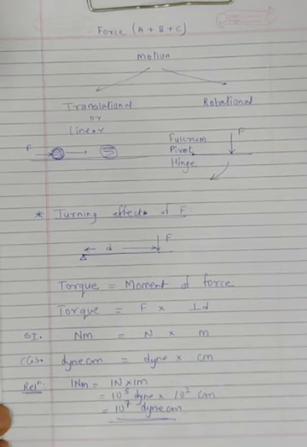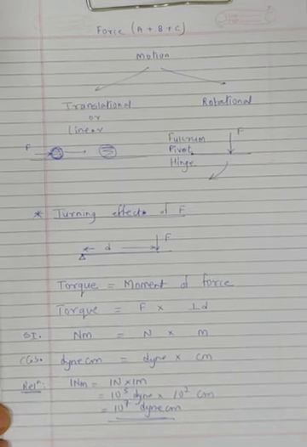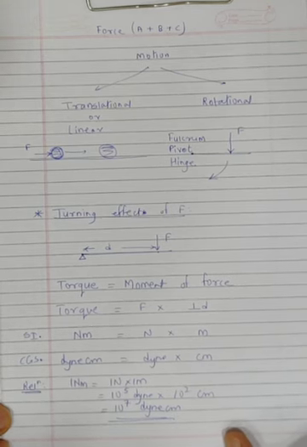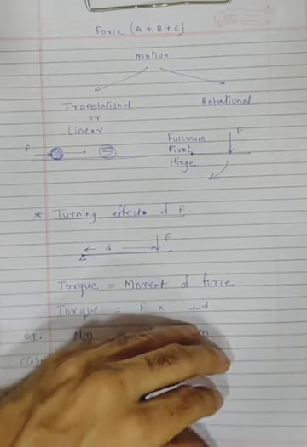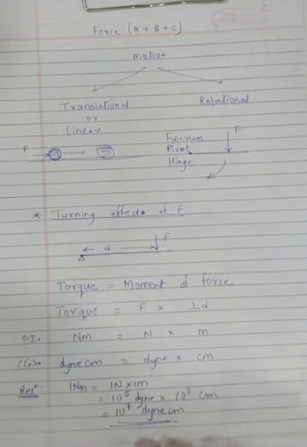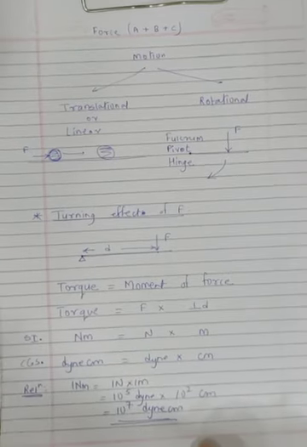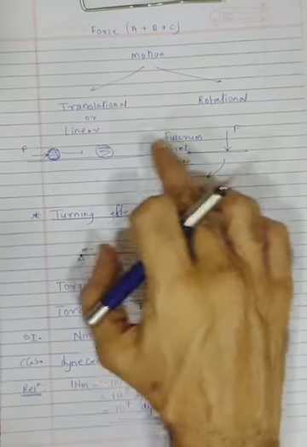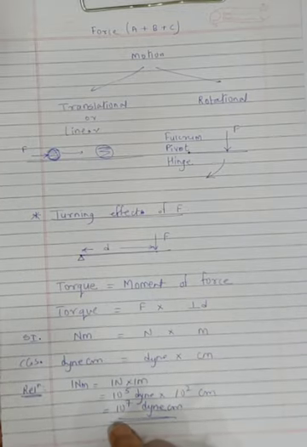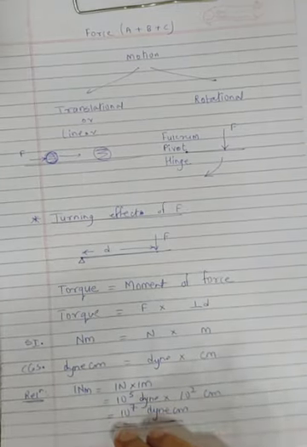That's a conversion. I don't know if you recollect something from this conversion. We have already done this kind of a conversion, but that was in work, power, energy. We had proved 1 joule is equal to 10 raised to 7 erg. Okay, so I hope this is all clear to all of you. We can ask you to differentiate between them, define turning effect of force or torque, or to derive these, or what are the SI and CGS units.